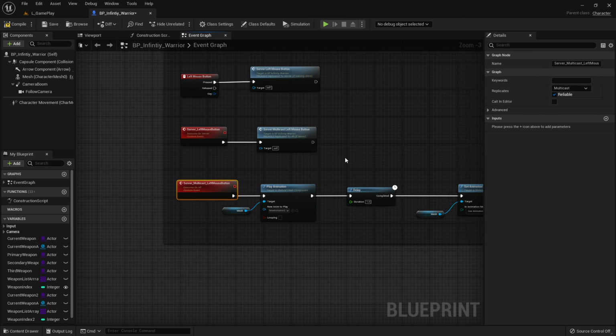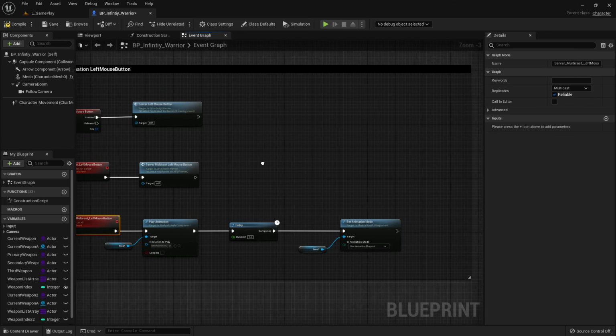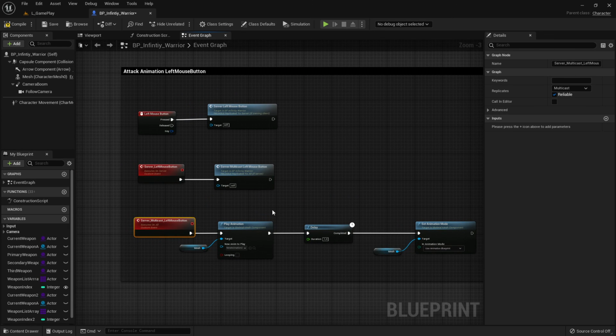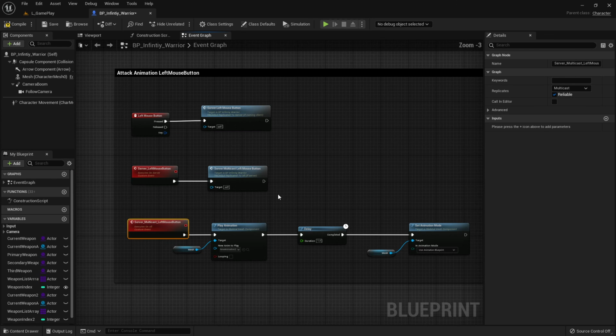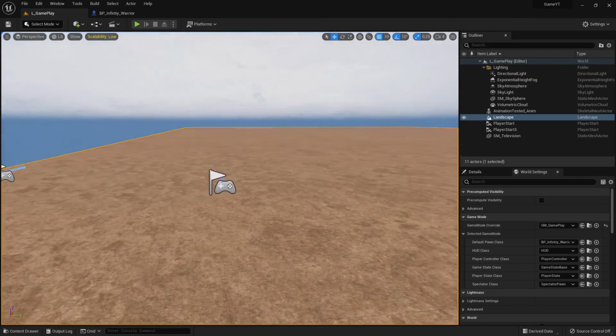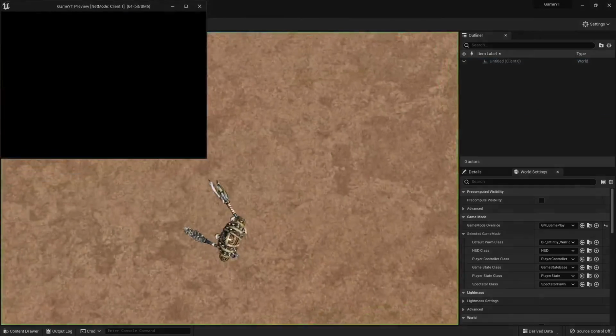So this is probably one solution. Perhaps there are other better solutions for how to make this, but I liked it because it was fast, straightforward, and easy actually. And when we compile and save now, go back, start now our multiplayer settings